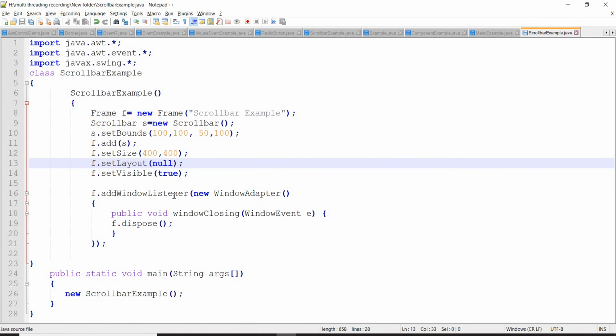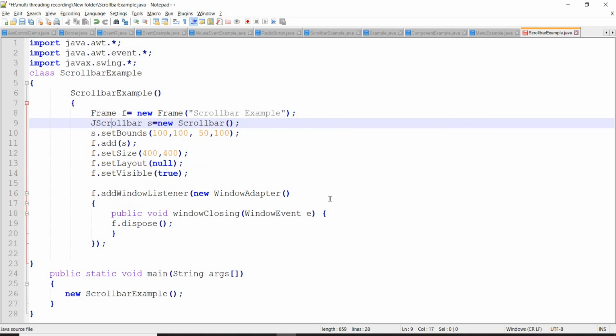Okay. Let me show you how the swing components will look like. Till now we have just seen the AWT components. Let me show you how the swing components will look like. JScrollBar.